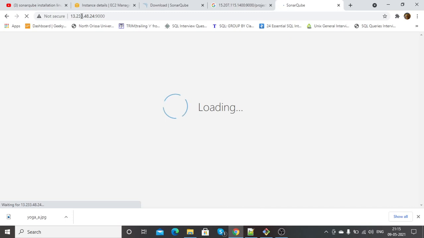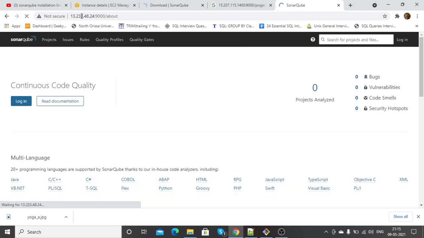Now you can see the SonarQube web page is getting loaded.